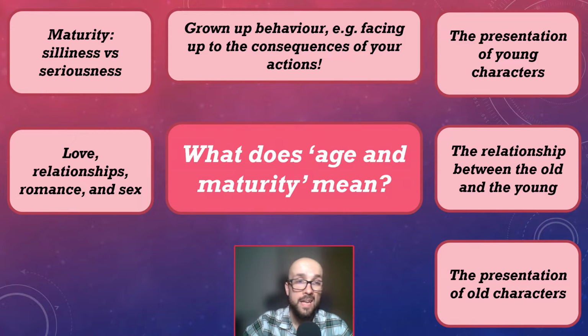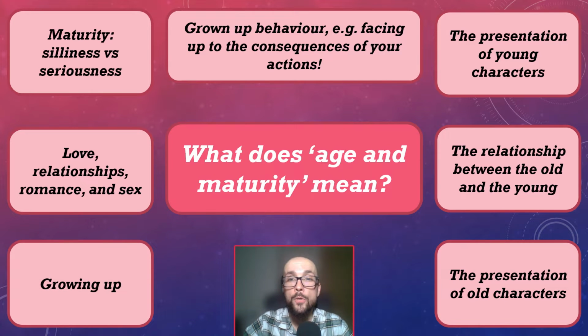Last, and this does somewhat relate to the previous idea, I would say that any character who noticeably grows up over the course of the play is the perfect character to talk about with the theme of age and maturity in mind. Now, one character in particular sticks out to me with this aspect in mind, and that is Juliet. Quite a few of the quotations discussed in this video will relate to her, but not all of them. So I strongly recommend you check out my video about Juliet if you want some further inspiration for quotations you could write about if given this theme.